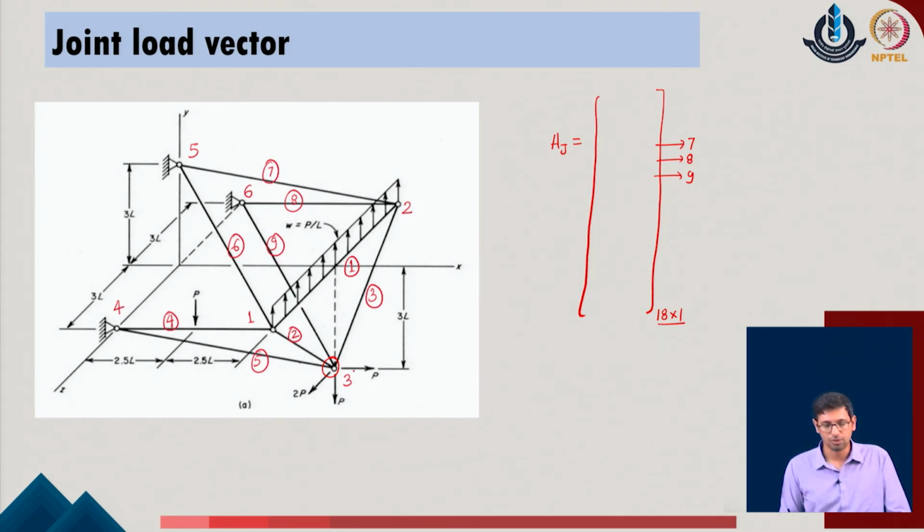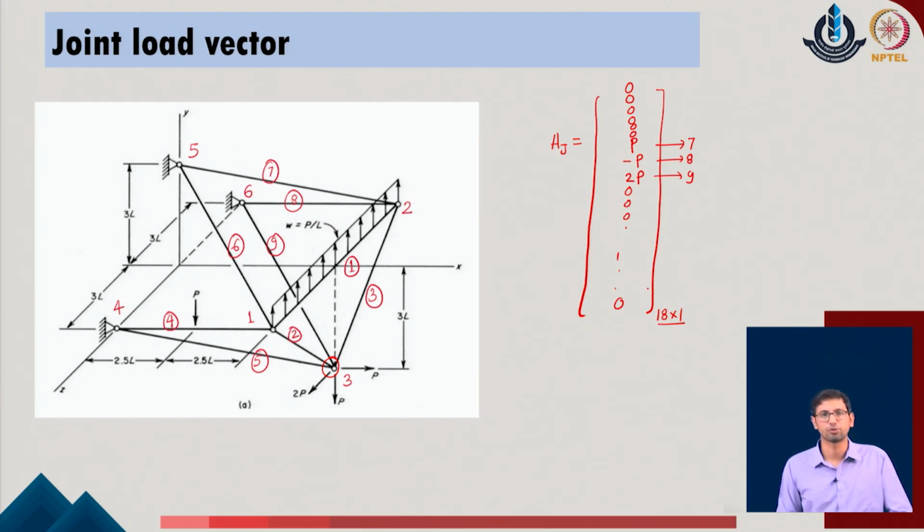So, if I keep the values at the position of the degree of freedom 7, it is P, at the position of 8, which is the vertical value, it is in the negative direction, so it is minus P, and finally along the positive z direction, this is 2P in the given system. So, I got these 3 values in the direction of x, y and z in the global directions, and these are the values in the position of the degrees of freedom 7, 8 and 9 in the given system. We can understand now that all the remaining values of the system for the given problem are all 0.